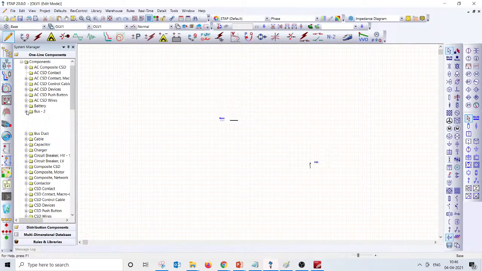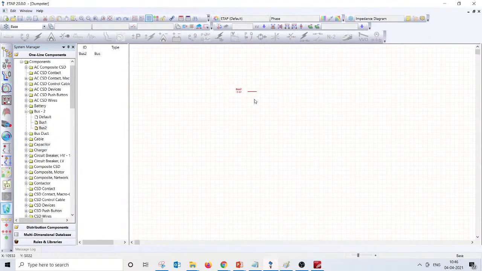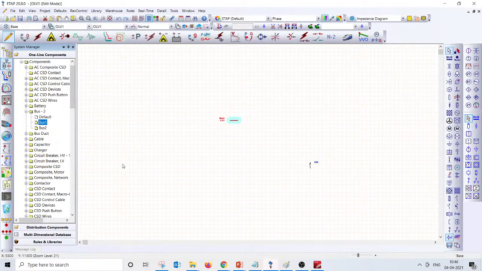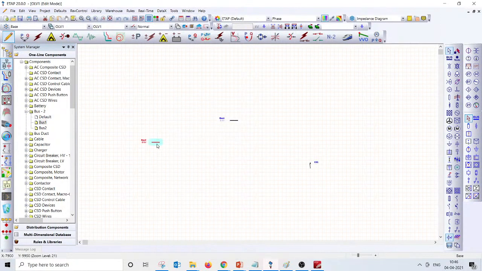Now when you delete, it goes to dumpster, as you may be aware. Bus 1, bus 2 is also showing, but bus 2 is in dumpster, right? So you have to be a bit careful when you are counting it. Ensure that you are keeping the dumpster empty, or when you are deleting it, just use a shift delete, right? If you use shift delete, that will not go to dumpster. That will be permanently deleted. Here you can see it is only one because I have used shift delete now.